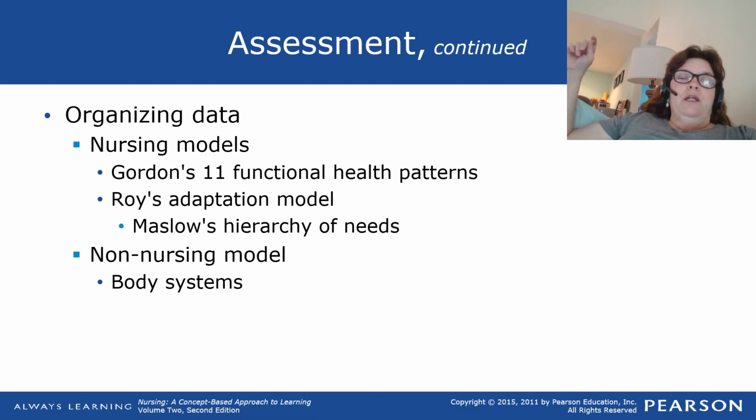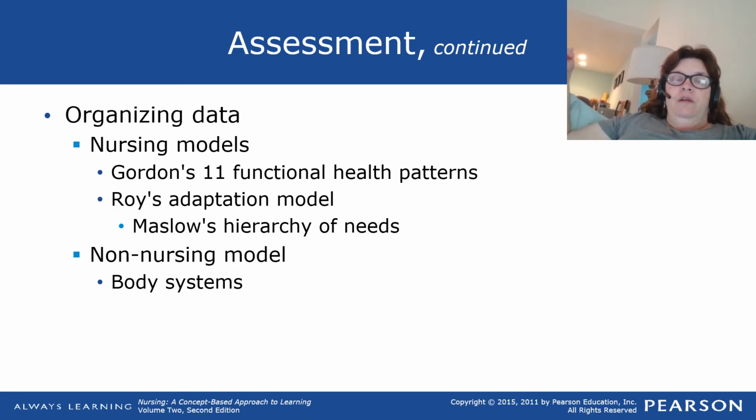Nursing models, we're looking at Gordon's functional health patterns, and we talk a little bit more about that in the essential concepts. But that's one way. Basically, what Gordon's does is talk about how this illness or problem interferes with their ability to perform their